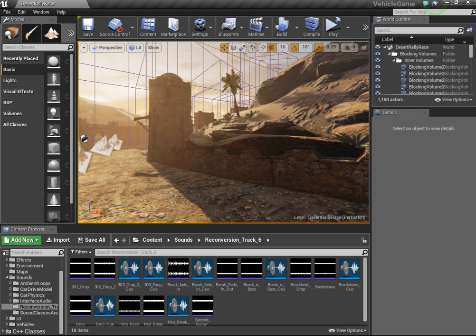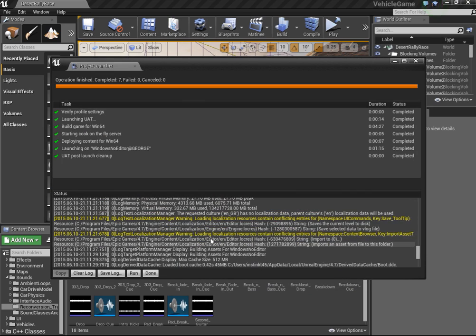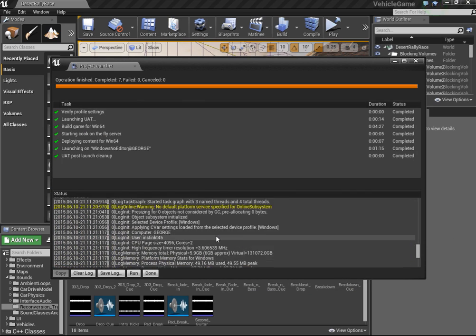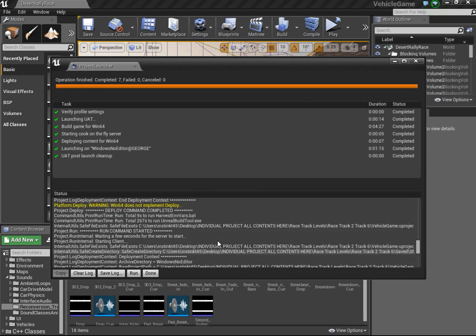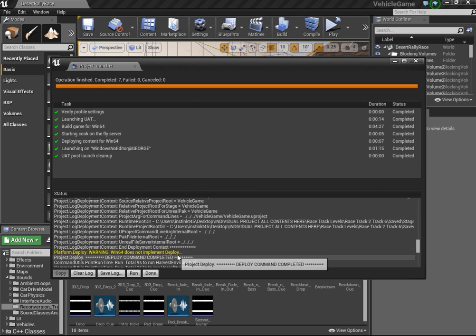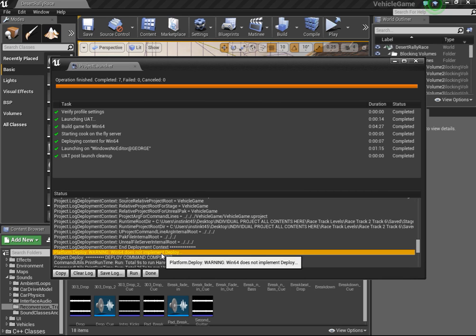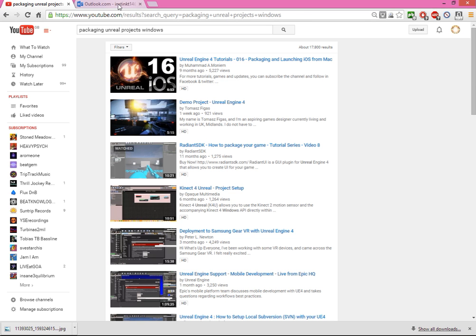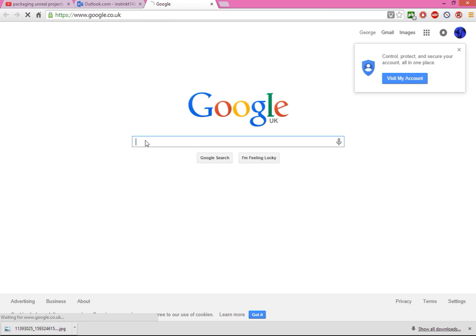So if we have a look, one of the main problems, we're going to start from the top. So Windows 64 does not implement deploy. If we have a look at that, we can Google it and see if it's a common error or a common warning. But generally warnings are different to errors. Warnings are a normal